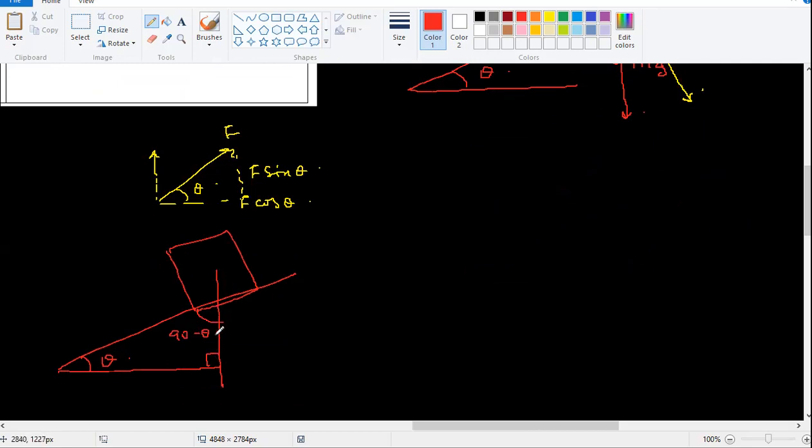So if mg is acting vertically downwards, and this is theta, this normal reaction, this is 90 minus theta. This is also 90 minus theta, opposite here. It's very hard for me to write it inside here, so take it down properly. This is 90 minus theta. So this small triangle, again, I don't have space, so you draw it properly. This is 90 minus theta, means this is 90 degrees.